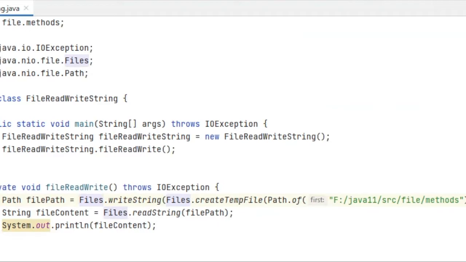But if I want to use buffering so that I can enhance performance, I have BufferedReader and BufferedWriter also. But there's no method which can directly read and write in the form of a string. Any which way, when we are going to write to a file or read from a file, first we have to create this BufferedReader, BufferedWriter, or input output stream. We have to open it providing the file name and path, and then we have to read it using bytes in the form of a byte array or a character array. And if we want to read line by line, then you have to use BufferedReader.